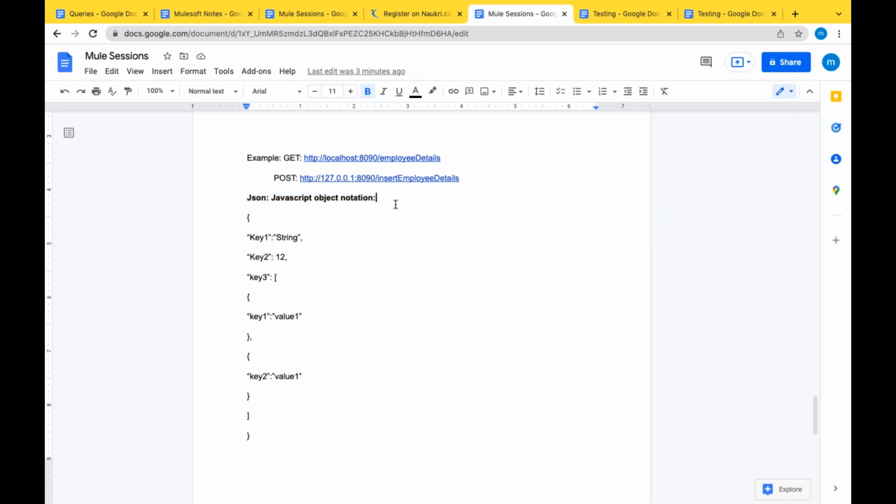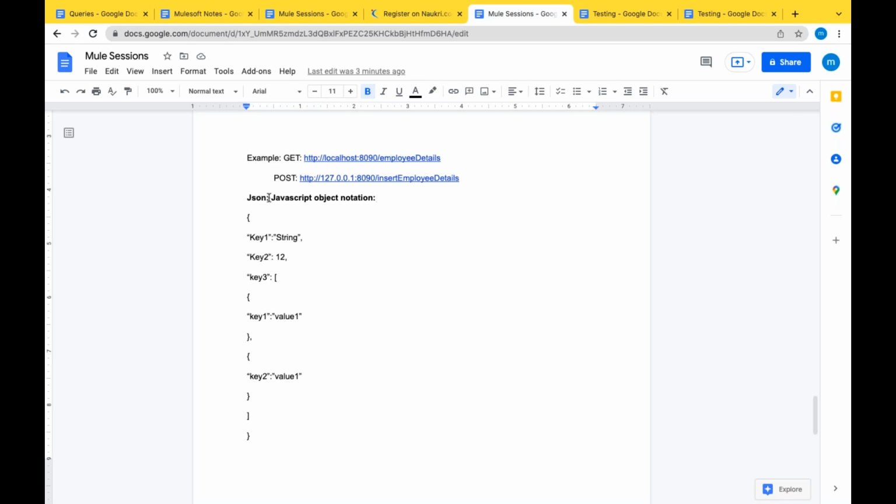But in most organizations, 95% of the transformations in HTTP REST based protocols, REST API based, the transferring of data, the body will be JSON. Let's see how the structure starts and the different types of structures in JSON.